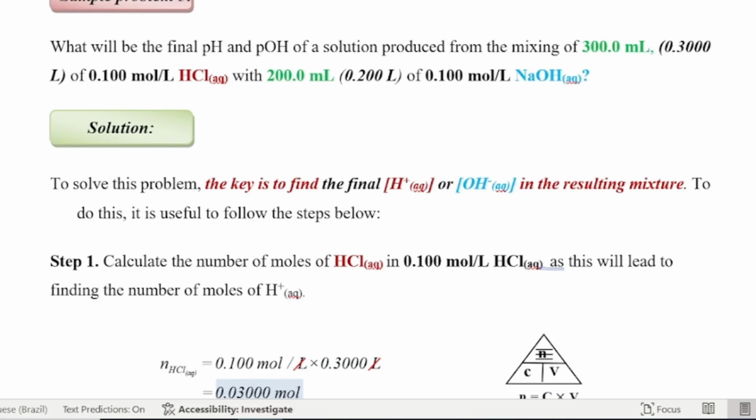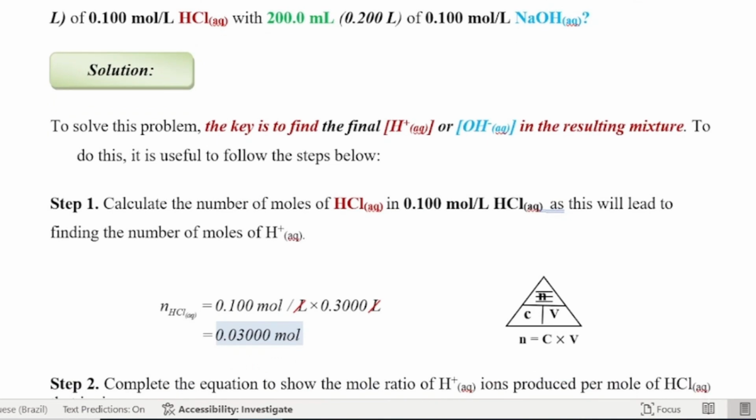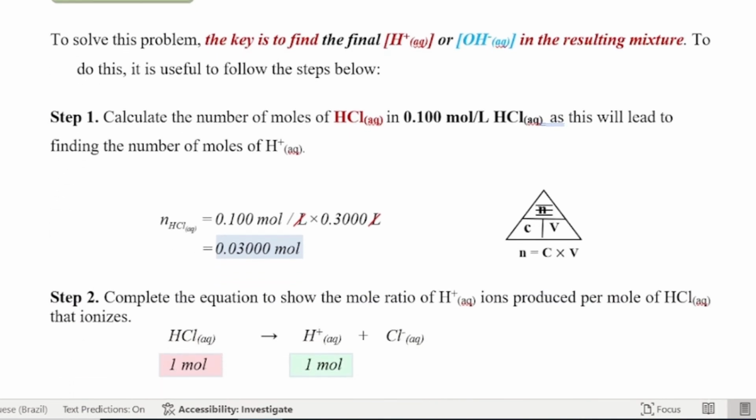We can find the number of moles of HCl in that volume. So the first thing that you do is find the number of moles of HCl by multiplying its concentration times its volume. So 300 milliliters, same as 0.300 liter,